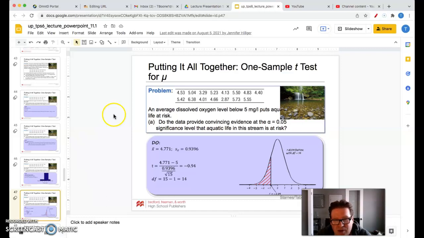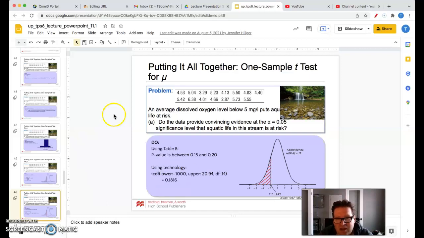And then the degrees of freedom, we had 15, so one less is 14. And we should be able to see that on our table when we do that. Okay, so using the table, we're going to be between 0.15 and 0.20. Now, the nice part is that if we go ahead and use